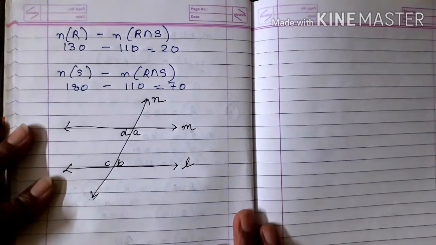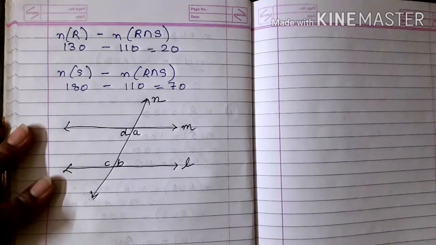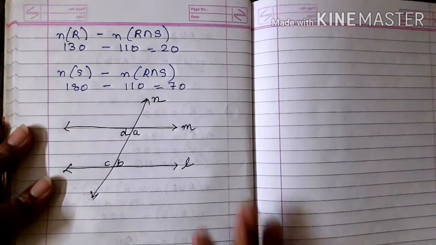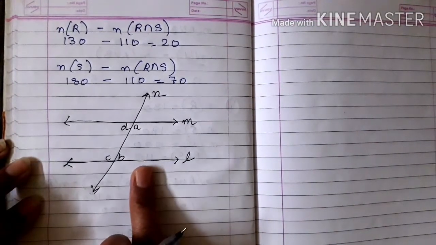Now what we have to prove is that the interior angles on either side of the transversal are supplementary. What does supplementary mean? The angles that form 180 degrees are known as supplementary angles. And what are interior angles? The link has been given in the description box. You have to go through it to know what interior angles are. So, moving towards the theorem, this is the diagram that we have to form.